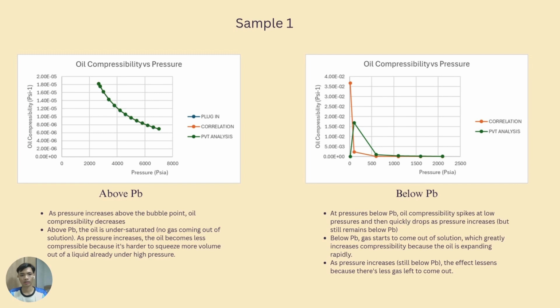And then, just look at the analysis. For sample one, for above bubble point, we got this trend graph. So as the pressure increases, the oil compressibility will decrease. This is because above bubble point, the oil is undersaturated, which means no gas is coming out. And then for below bubble point, as the pressure increases, the oil compressibility will decrease quickly, but still remain